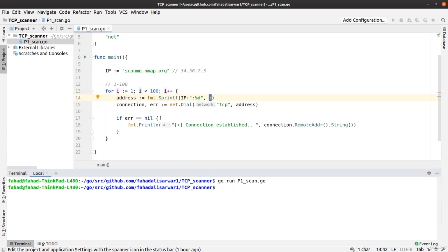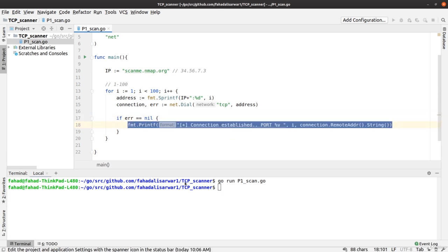And then if there is a connection match, we can say connection established, and then define the port number. Let's call it Printf instead of Println, and then we can say port %v, which would be the value of this port, and then we give out I because this is the port number that we are working with. So if there is a connection from some port, it will print out its value here. So if I run this again,